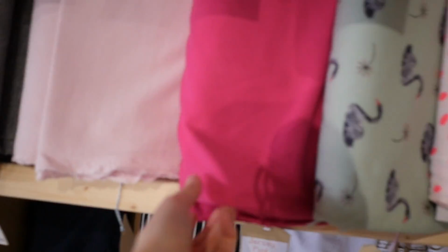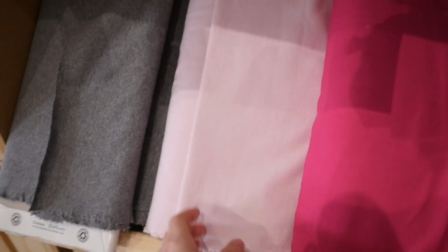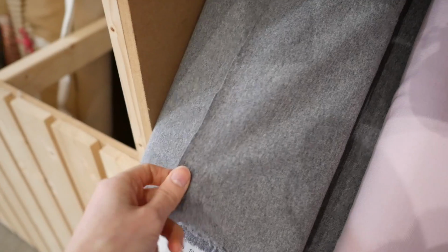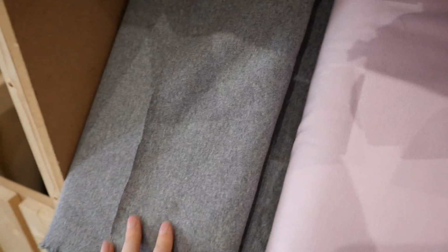I got this plain fuchsia pink cotton jersey, which is just beautifully soft, and I just thought that was a really nice summery colour. And then I got a pale pink version of this grey sweatshirting from Rico. It's not really sweatshirting, it's just really thick jersey. And I made a Nora top over Christmas in this, and it was just the perfect weight, and everyone really loved it. And Mum's made a few tops in it, so I thought I'll get a pale pink version